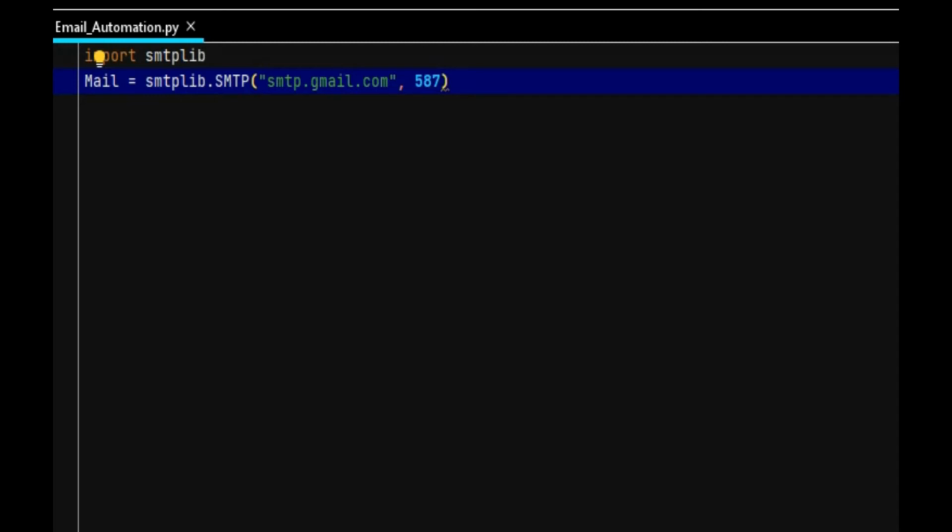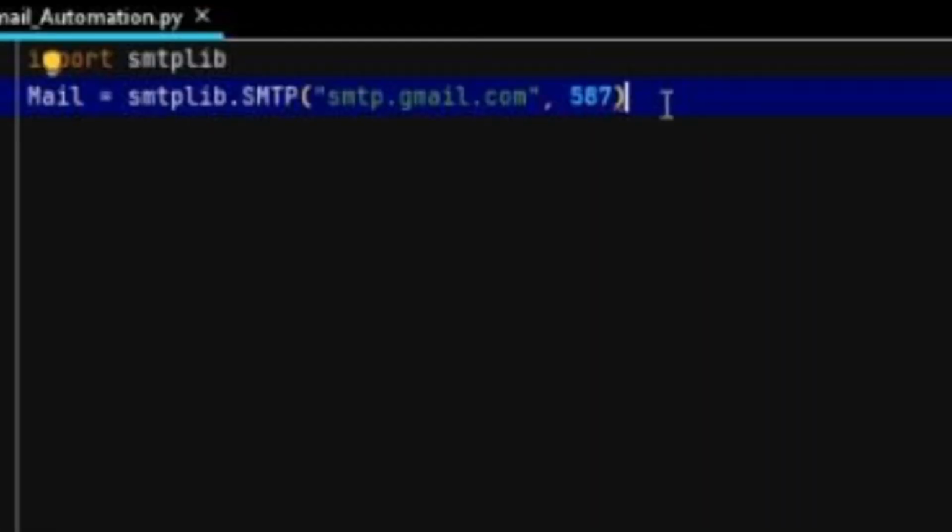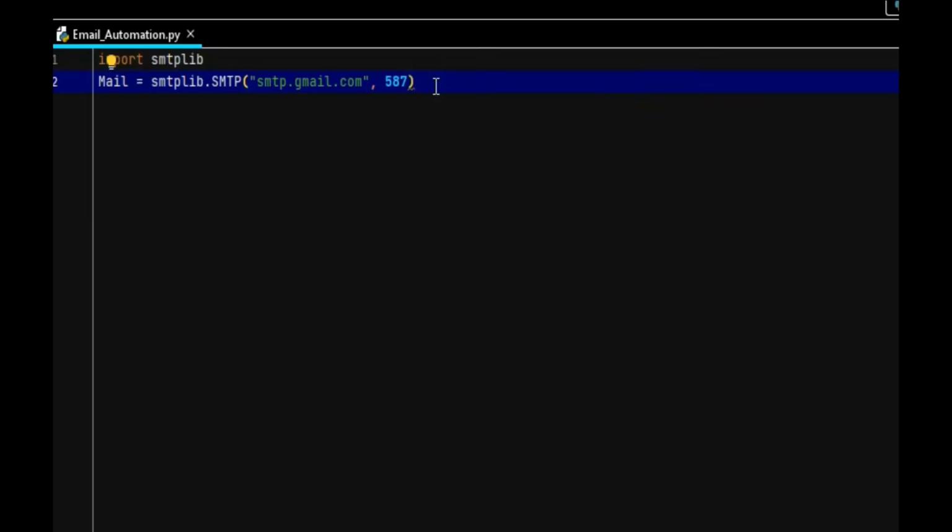SMTP, Simple Mail Transfer Protocol, is a protocol used for sending email over the internet. And smtp.gmail.com is the SMTP server address of Gmail. Because I am using a Gmail account, I will use the SMTP address of the Gmail server with its port number 587.